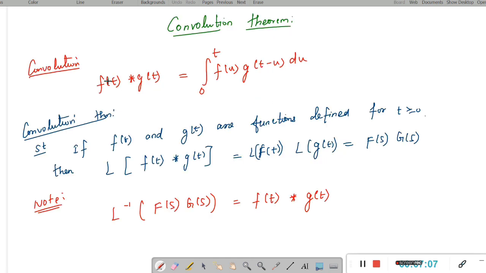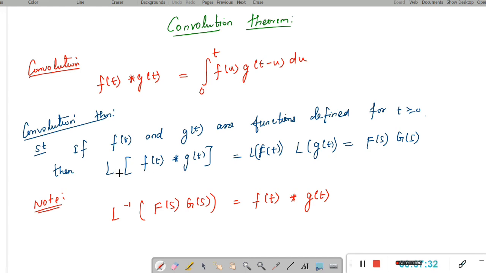Convolution. So f of t convolution g of t is equal to integral over 0 to t f of u g of t minus u du. The statement of convolution theorem is, if f of t and g of t are functions defined for t greater than or equal to 0, then